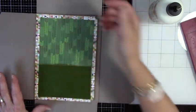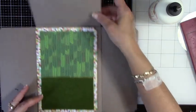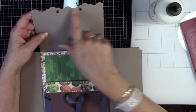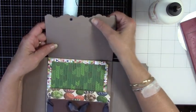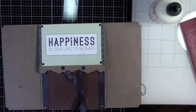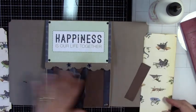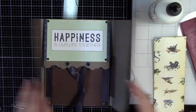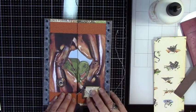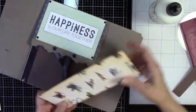This is our pocket here. We've still got this to do. We've got our insides to do, and I'm going to want to make sure that I can cover up these two pieces here. Then my sides. Okay, let's see. This, oh, thank goodness. I went, oh my gosh, I hope I didn't put it upside down, but I didn't. Okay, so I think,